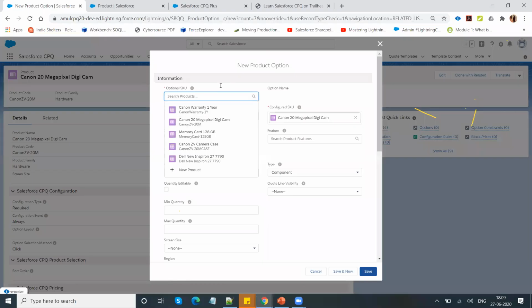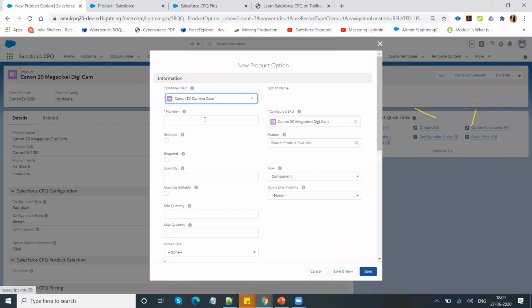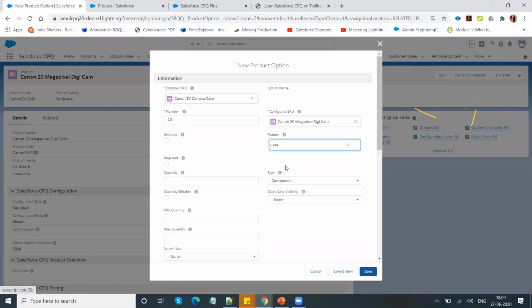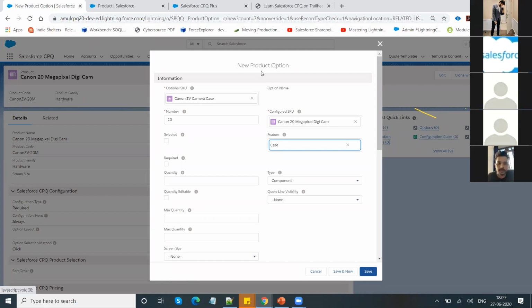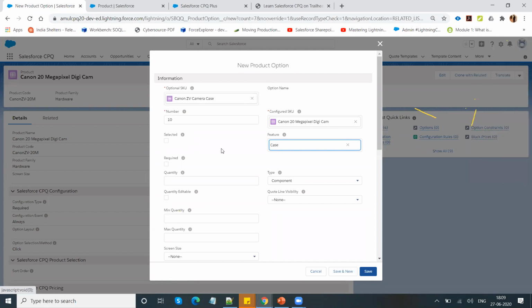Let me add case, display 10, under the feature I'd like to display under the category called case. So let's suppose you have 3 cases, 4 cases, or different types. You'll have to keep adding them under these options. So product options are basically all the components available in this bundle before you configure and sell to the customer or quote to the customer.